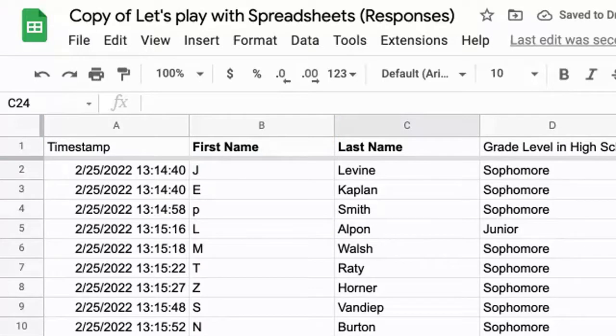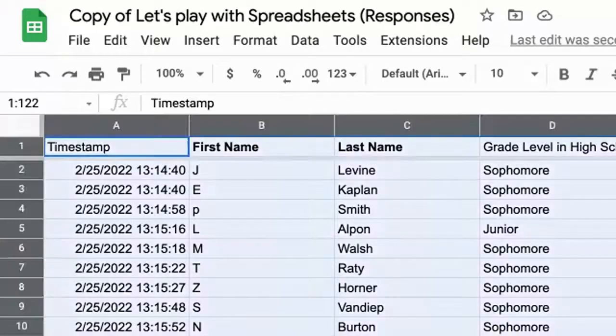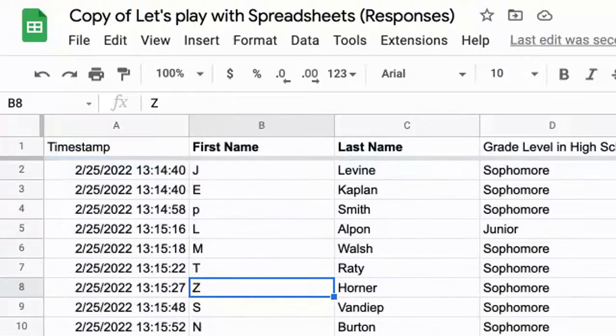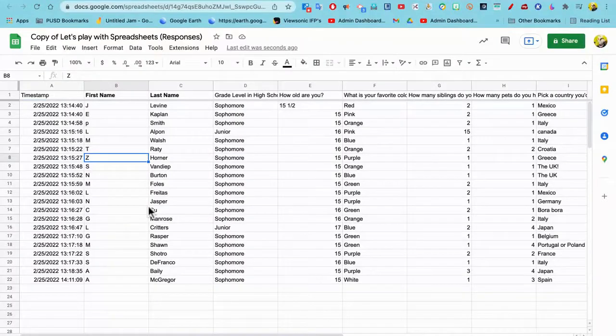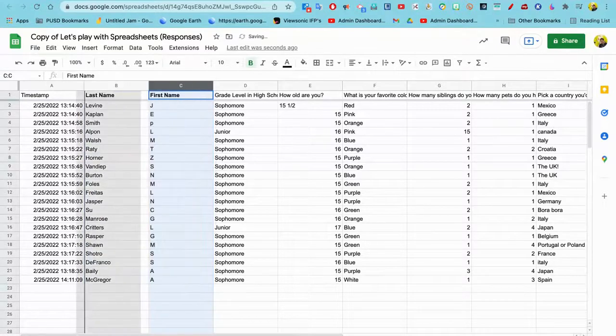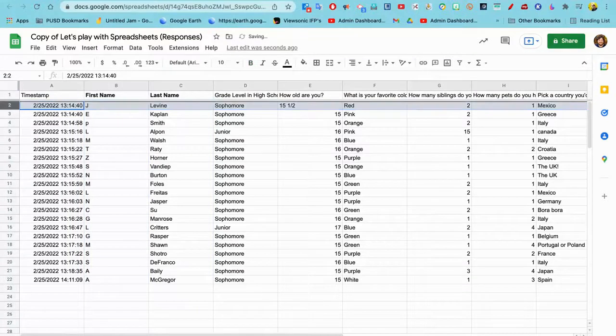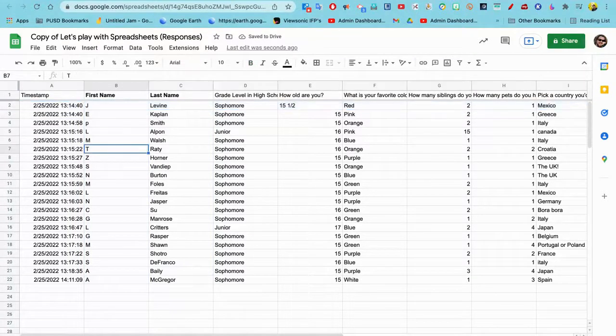Another thing that's really helpful in here is if you needed to select all of your data, you can always just use this little box. I call it the awesome box, and when you select it, it'll select the entire spreadsheet, which is really, really helpful. Now, sometimes you need to organize your data in a different way and actually move these columns around. So you can click and drag on any of this stuff, like I can put last name first or first name last. I can also do the same thing with the rows,